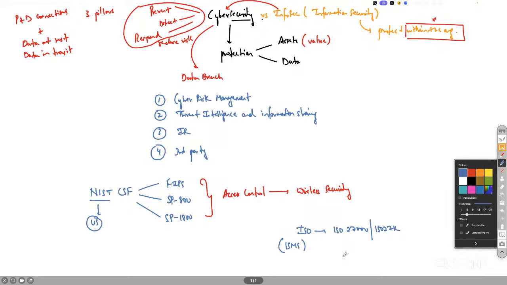Okay, so I've mentioned 27001 to 27006, primarily. But in all, there are more than 20 documents in this 27000 series. And there are a lot more under development currently as well. And this framework can be applied, so either NIST or ISO, it can be applied to public, private organizations of any size.